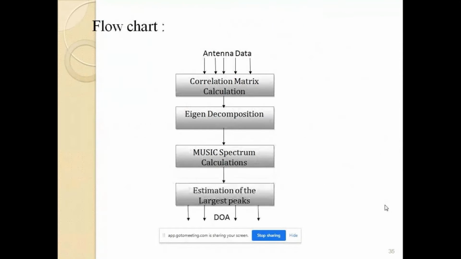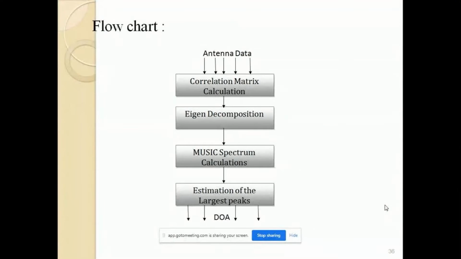Right? So how does this MUSIC algorithm, or any direction of arrival algorithm, work? The first thing we need to understand is the calculation of the coherence matrix and eigenvalue decomposition. Here, eigenvalues and eigenvectors respectively represent the noise space and the signal space. So this splits into two parts, the signal space and the noise space. In the MUSIC spectrum, the pseudo spectrum is taken